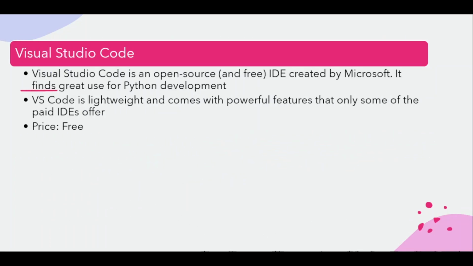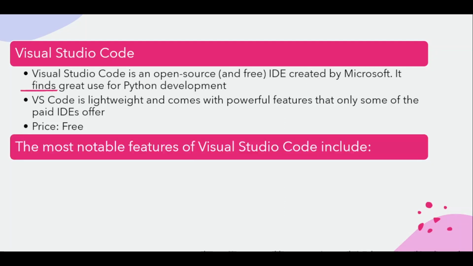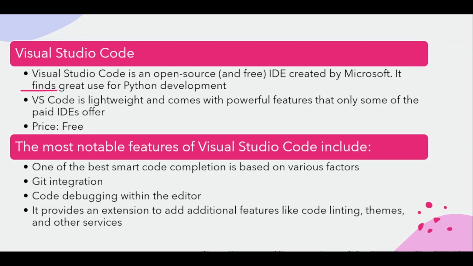Next comes Visual Studio Code. This is open source and free, and it's created by Microsoft. It is good to use for Python development. It's lightweight and it has powerful features. Most importantly, it's free. The most notable features of Visual Studio Code include